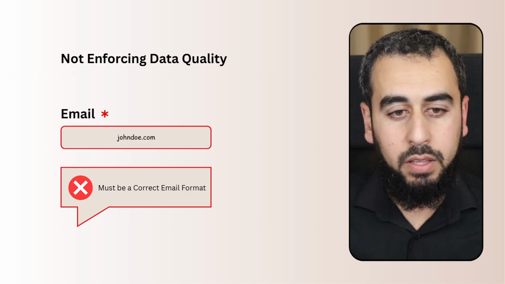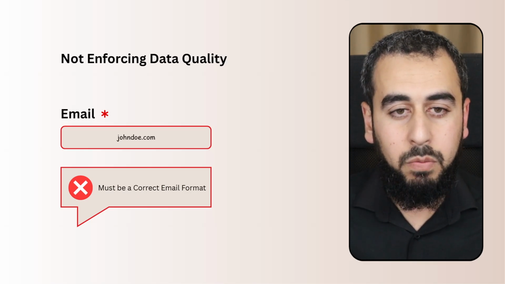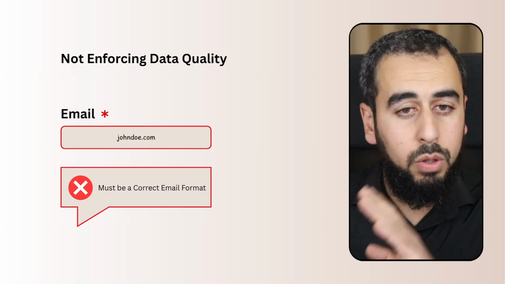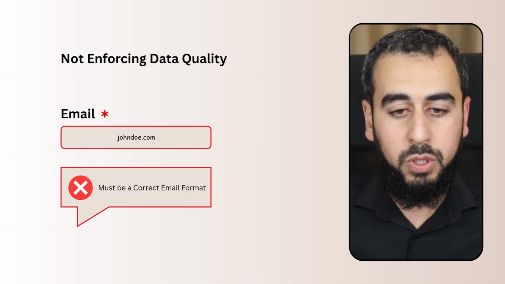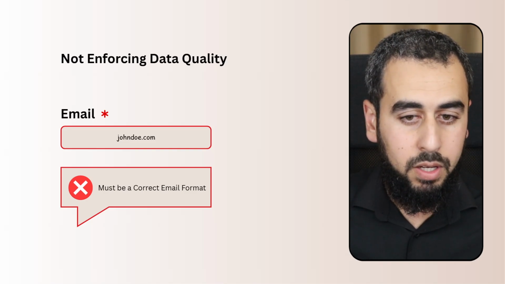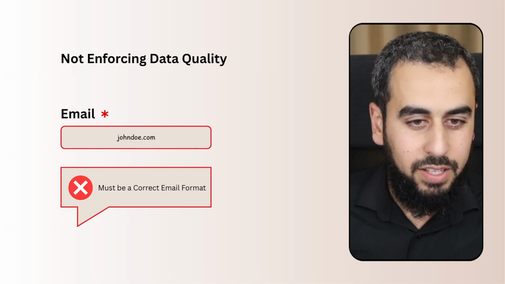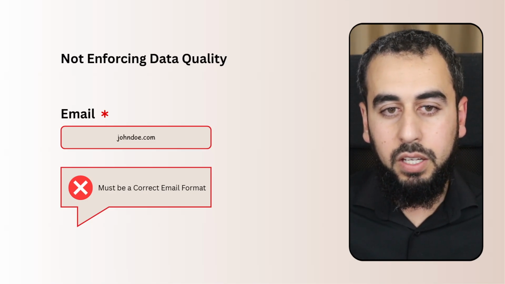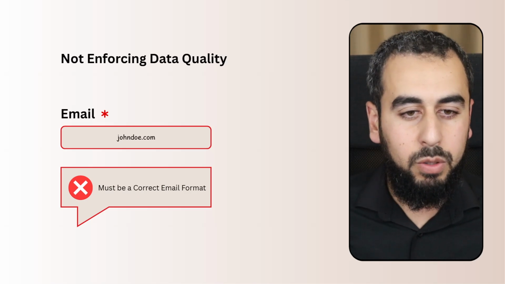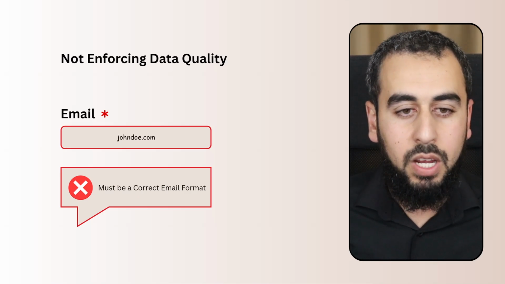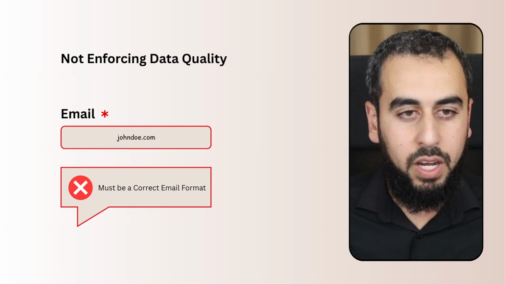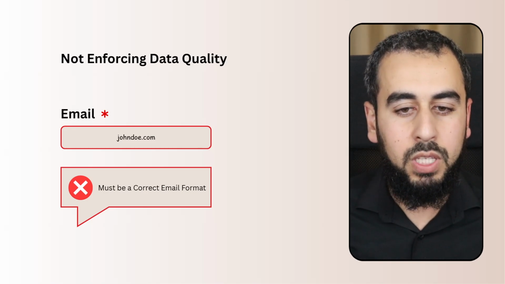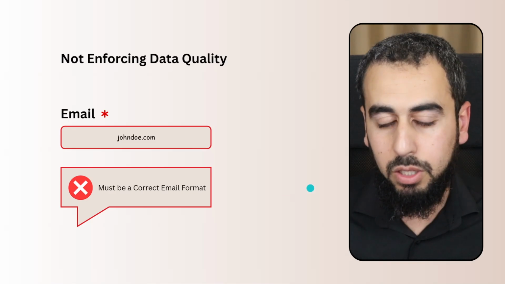Another example is that if somebody is entering the name of a state, some of our users are going to enter it as a full word, and others are going to just put the abbreviation, the 2 characters for the state. So which one is it? Is it this or is it that? Is it an email without the at? Is it with the at? What is the format of the phone number? What is the format of the postal code? What is the format of the address? What is the format of any other column that we have in the system? Without enforcing certain data quality, it becomes more difficult to perform reports and analytics later on.